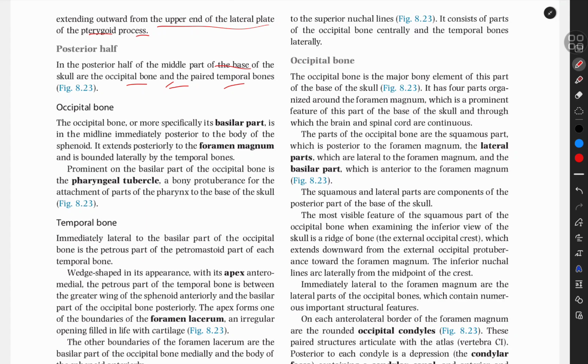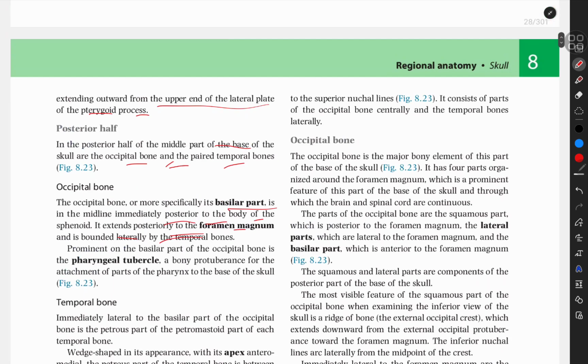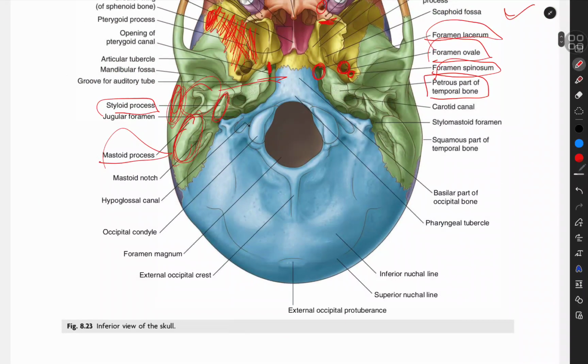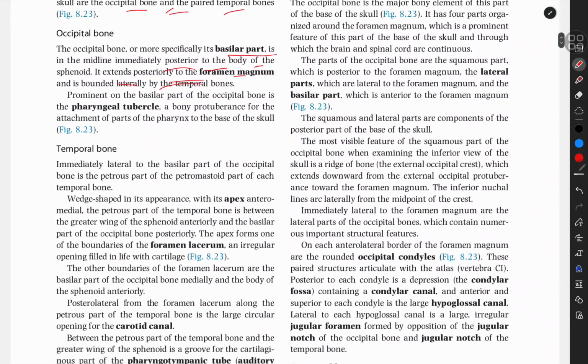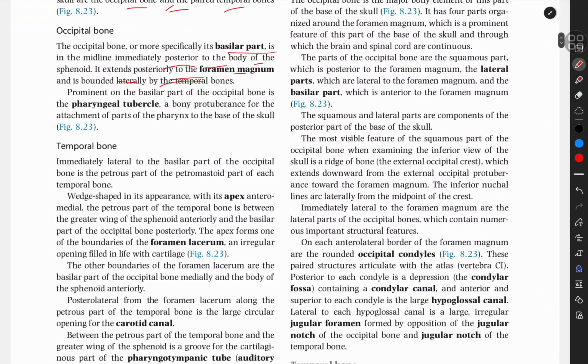The occipital bone, or more specifically its basilar part, is in the middle, immediately posterior to the body of the sphenoid. It extends posterior to the foramen magnum and is bounded laterally by the temporal bones. So this is the basilar part of the occipital bone, and here is the foramen magnum. Prominent on the basilar part of the occipital bone is the pharyngeal tubercle,